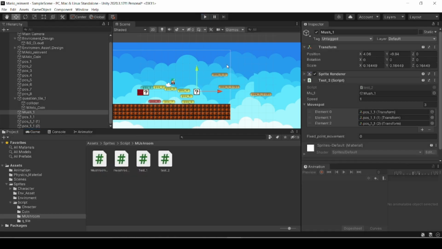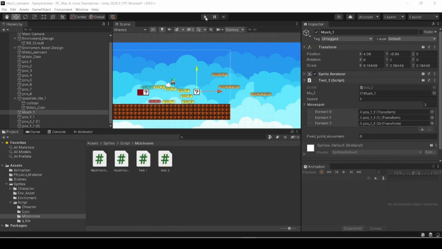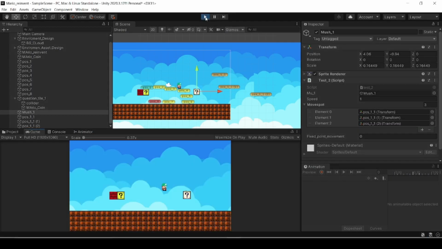Yeah, it forgot to take 1. I think there's some scripting mistake. Hmm. Let's check with this 10. Yeah, it's going there, but it takes it slow.